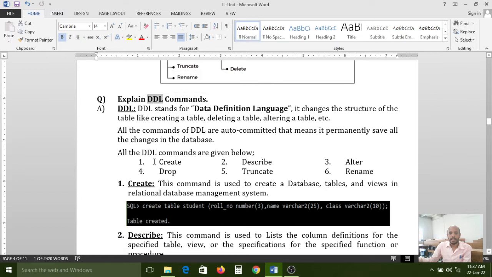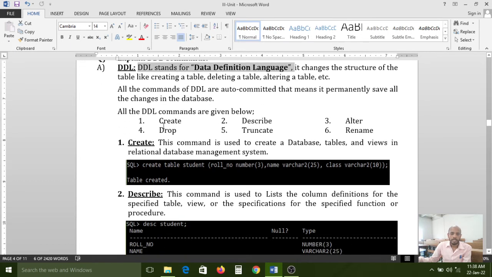In the previous class, we have already discussed the DDL commands. How many types of DDL commands we have? DDL stands for Data Definition Language. Don't forget this word. All first letters formed the DDL.